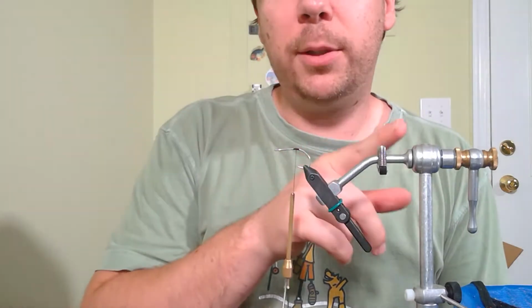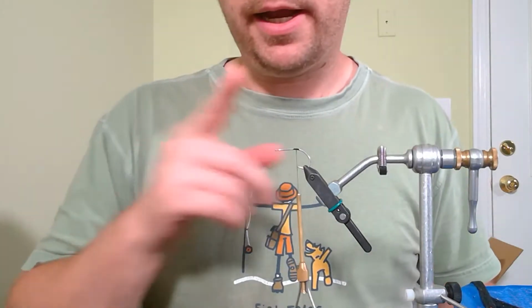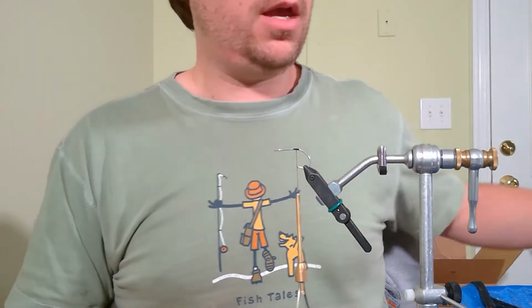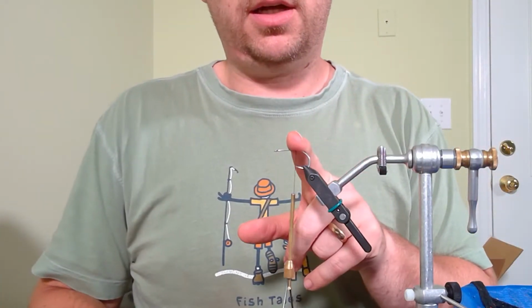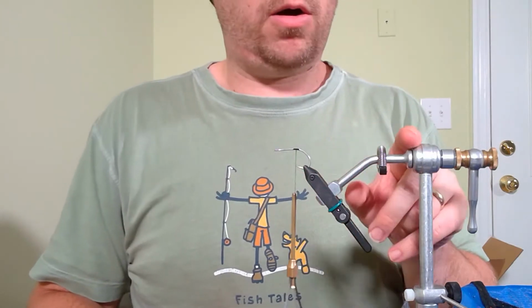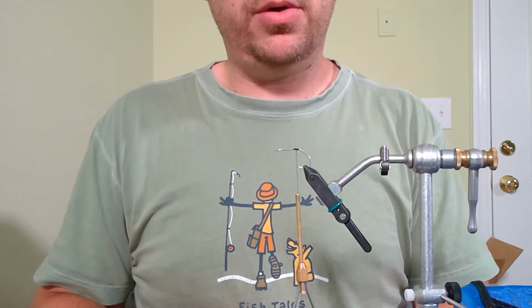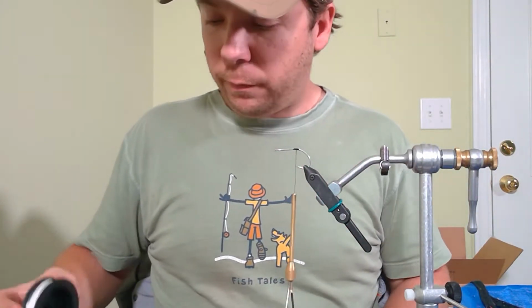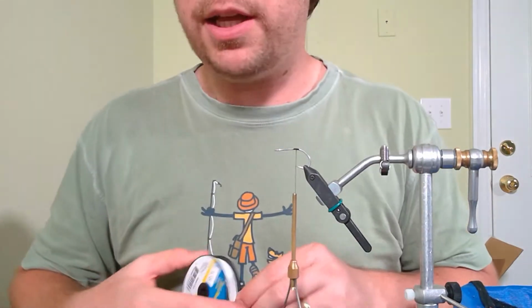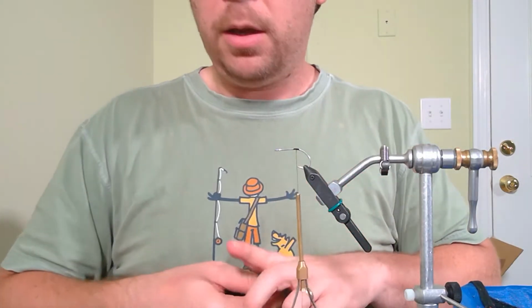If you want to put a rabbit strip off the back of this, you'll see a lot of keys style tarpon flies are tied with rabbit off the back. Again, it's one of the reasons why they started tying in this way, because rabbit or zonker strips are notorious for wrapping around the hook, and there are lots of different techniques that people do to try to prevent it. One of the other ones, because that's kind of the point of tonight, is let's show you how to tie this fly, but also to learn about ways that people try to get material from